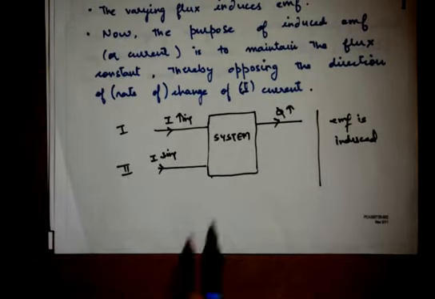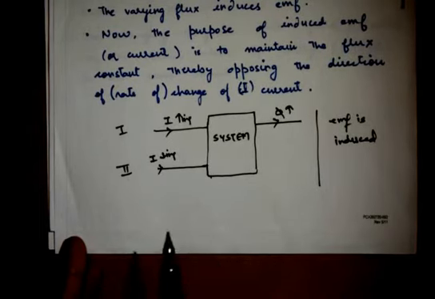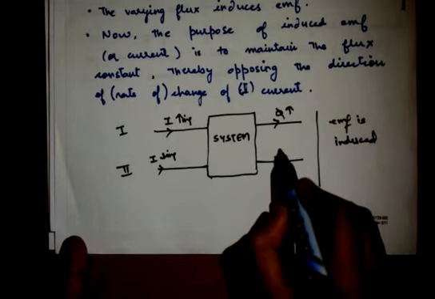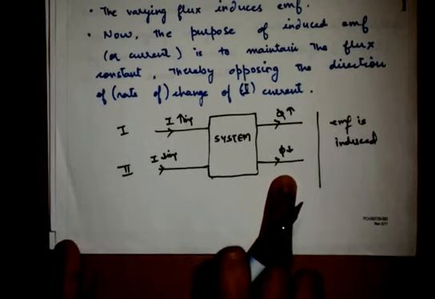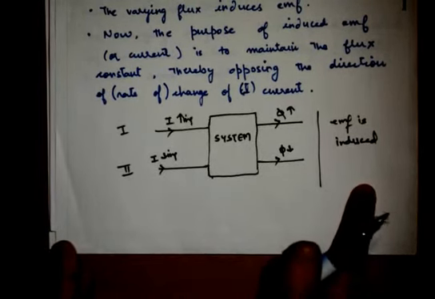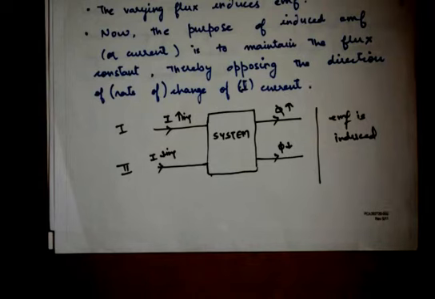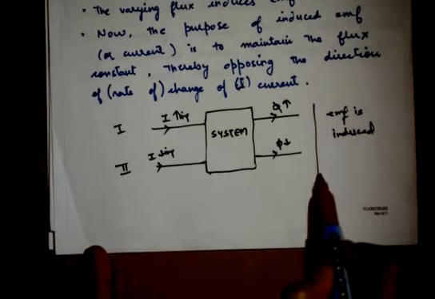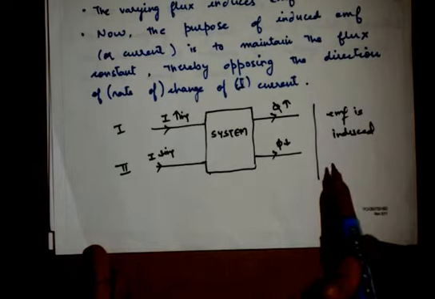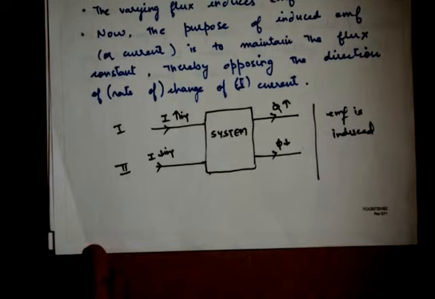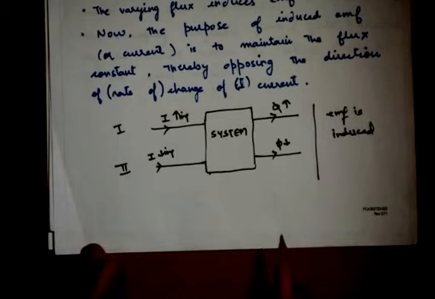Alright. And if we take the second case, in this case we are providing a decreasing current to the system. So as a result there will be a decrease in flux, and whenever the flux is going to change, the EMF will be induced. So EMF is going to be induced in both the cases. Now the point is, the EMF is induced. Now the current which is going to be induced because of this EMF, what will be the direction of that current so as to oppose the cause of that generation, so as to keep the system constant.